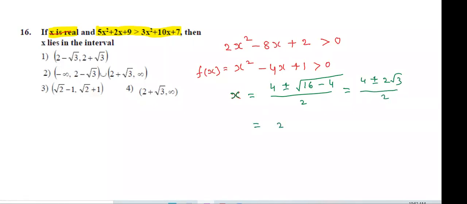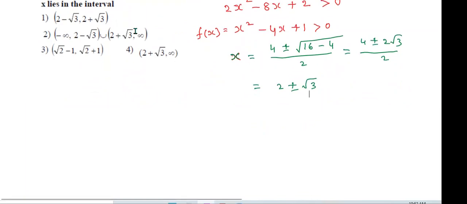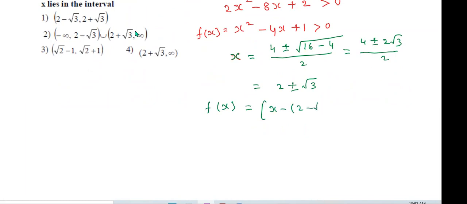Finally, we are getting 2 plus or minus root 3. Okay? Now, the given expression we can write like this: f of x is equal to x minus 2 minus root 3